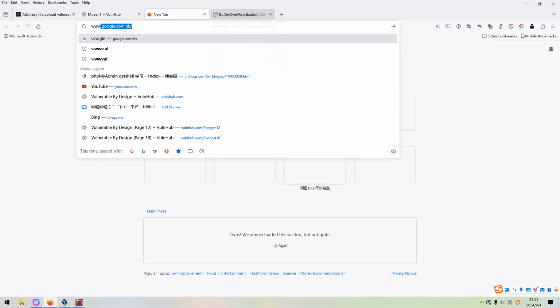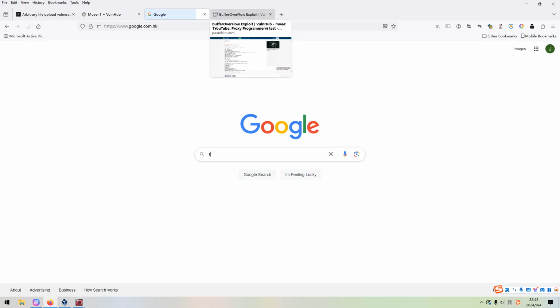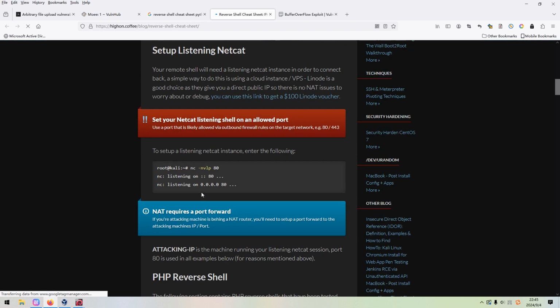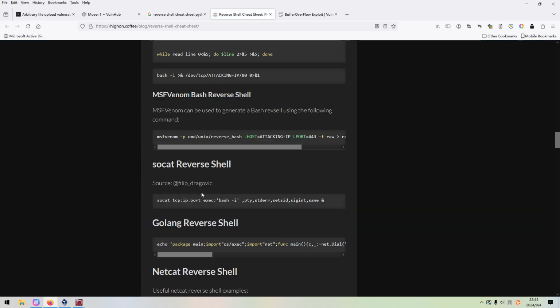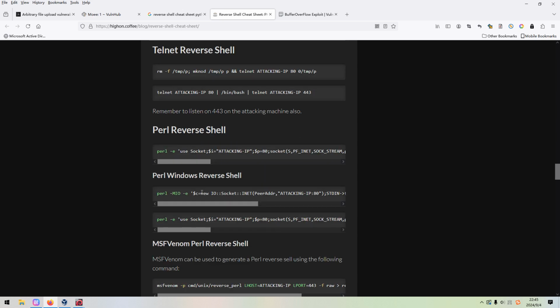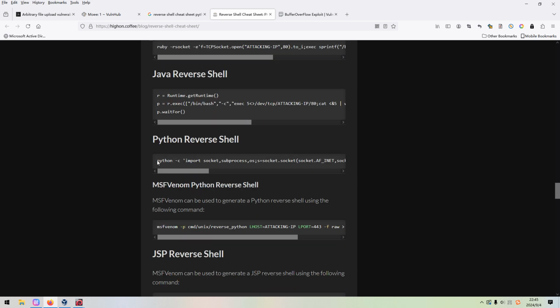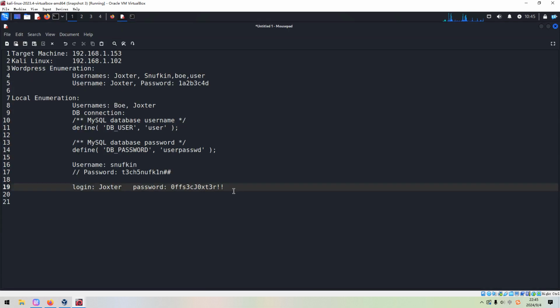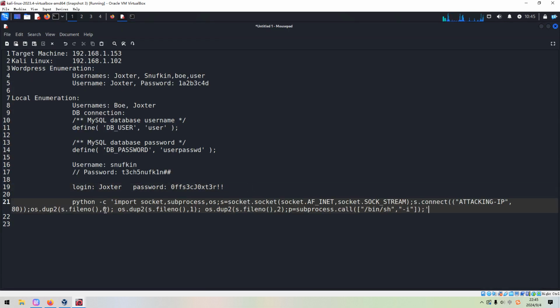We can open the PenTestMonkey website and copy the Python one, and paste it onto the notebook. We do not need this part, because we need to write into the Python script.